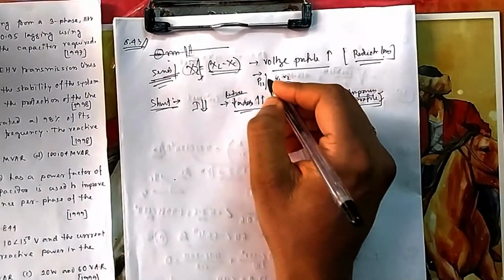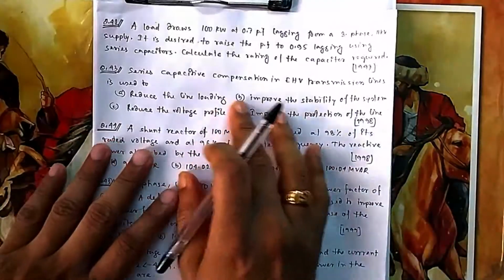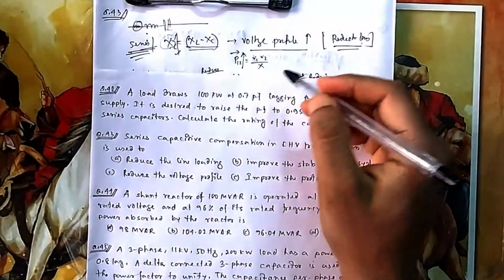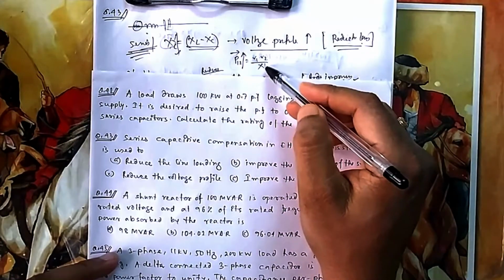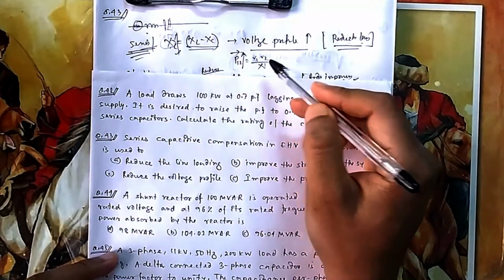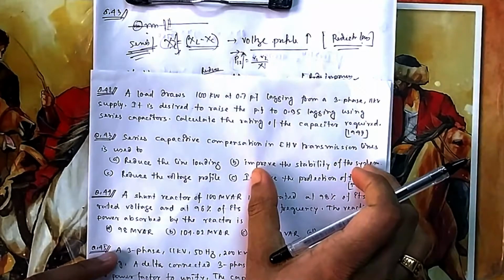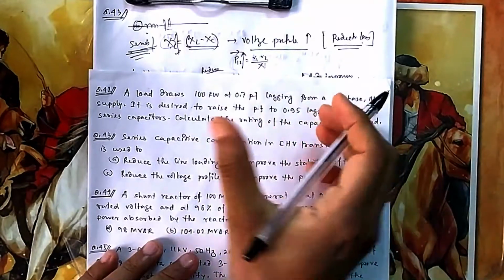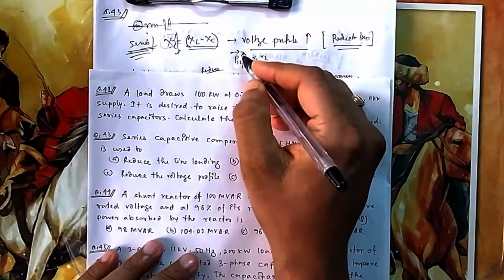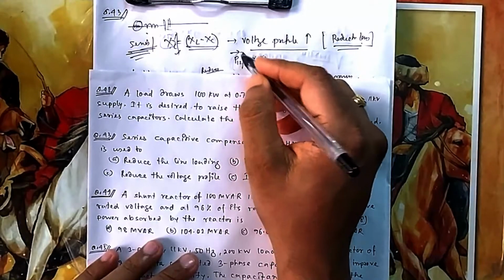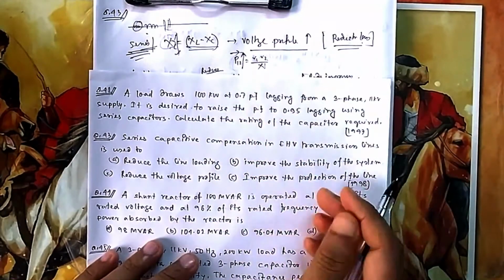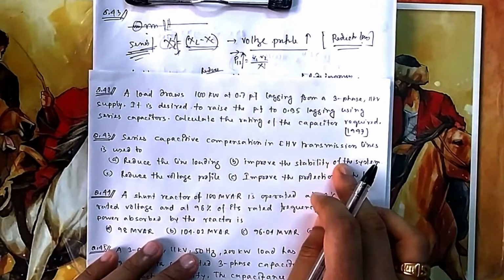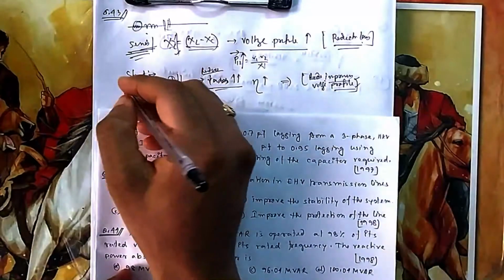Also, power transfer capability is increased in series. You can see in your options, there is no option to increase the voltage profile, but here you can see the power transfer capability increased, so your power stability improves, because your power transfer capability is increased now. If you see that stability curve, you can now throw more power. That gives you an added advantage, because its stability margin improves. So it is improving the stability. So the option here will be option B.